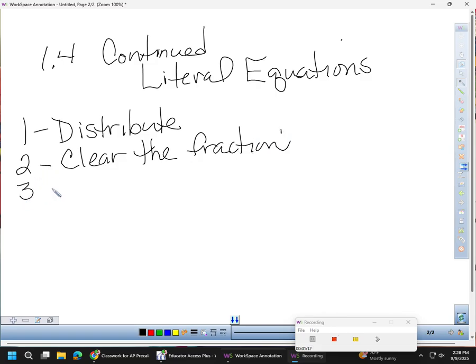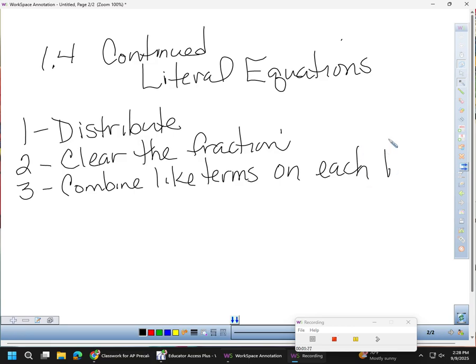Step 3, combine like terms on either side. Step 4, we're going to move